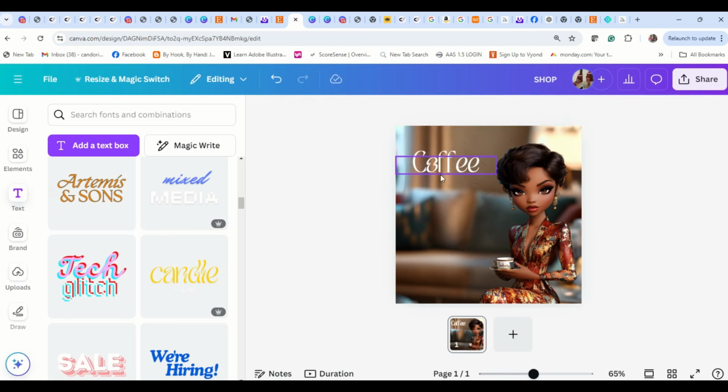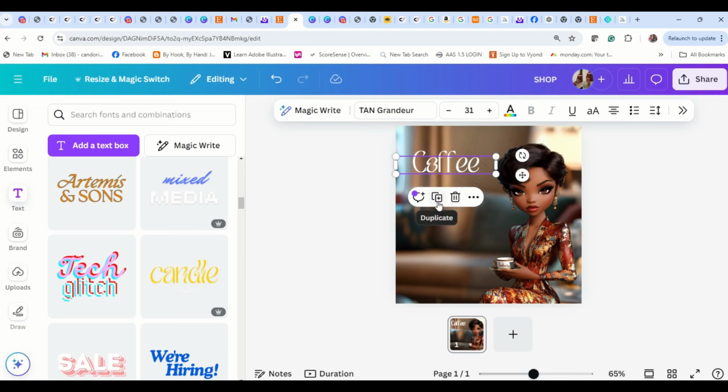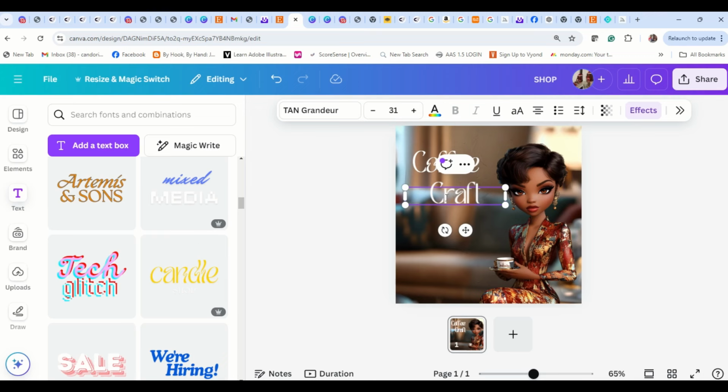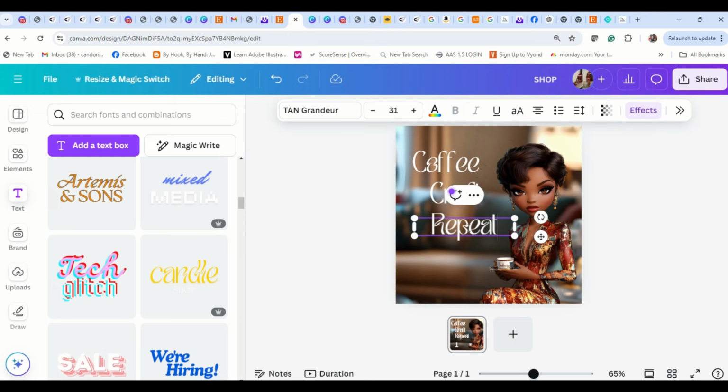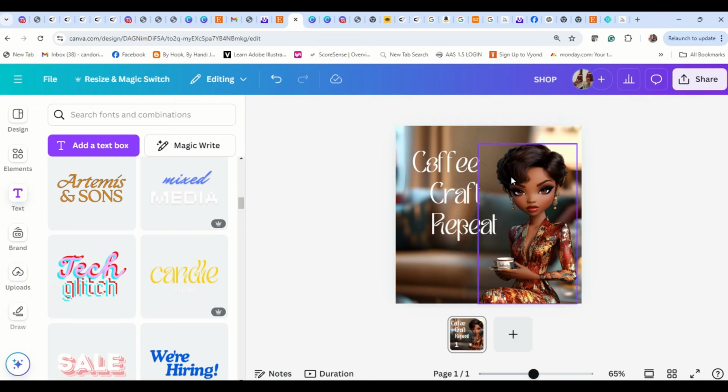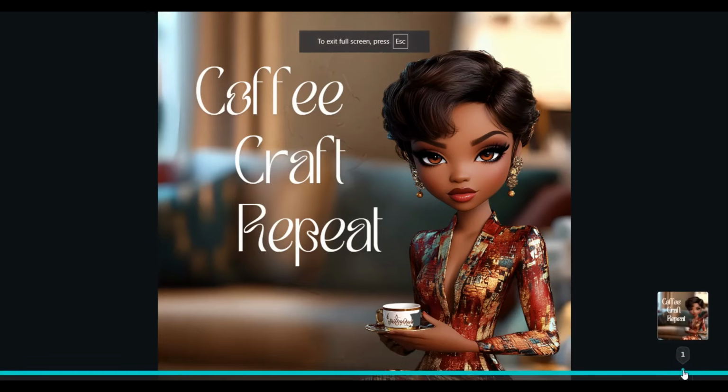coffee. Then I'm going to highlight it and I'm going to say duplicate. And I'm going to say craft. And I'm going to duplicate again. And I'm going to say repeat. Okay, coffee, craft, repeat. And so now you can see how we've taken an image that we created in Midjourney